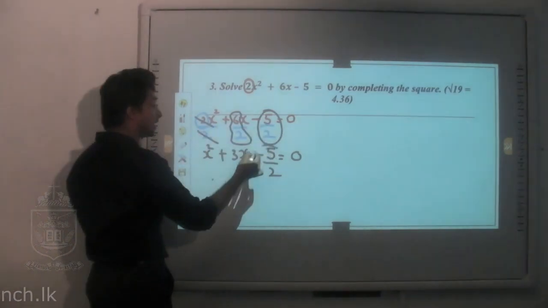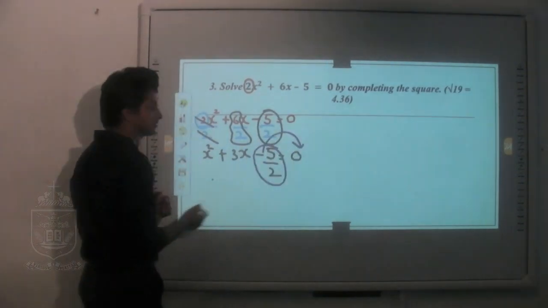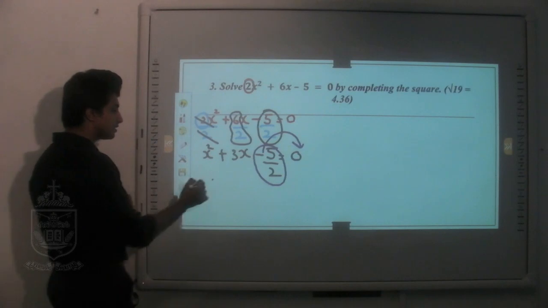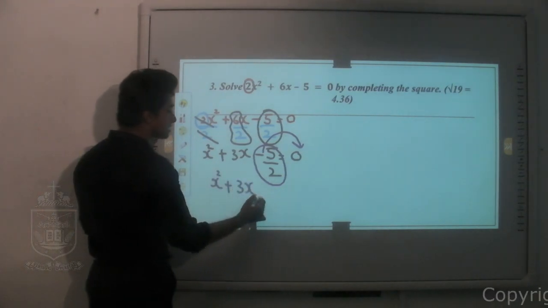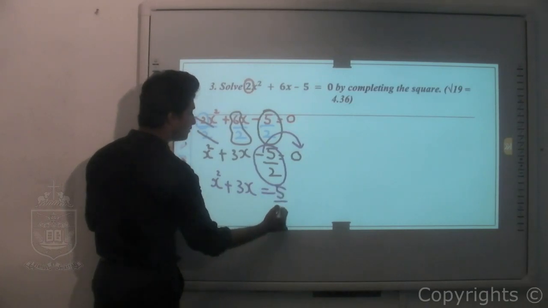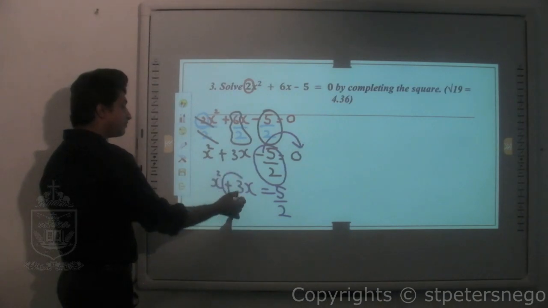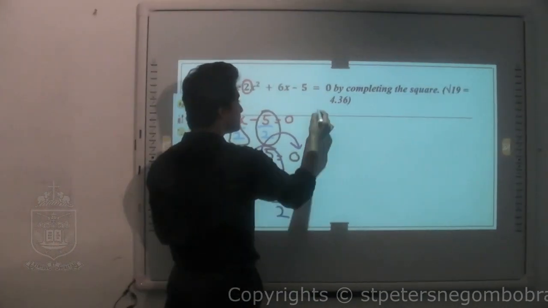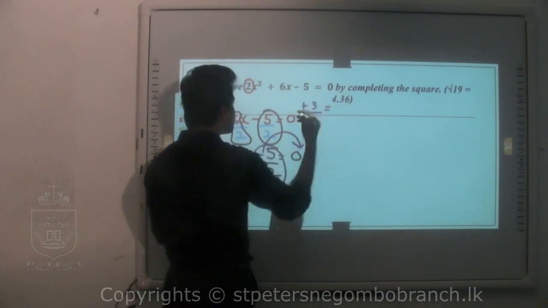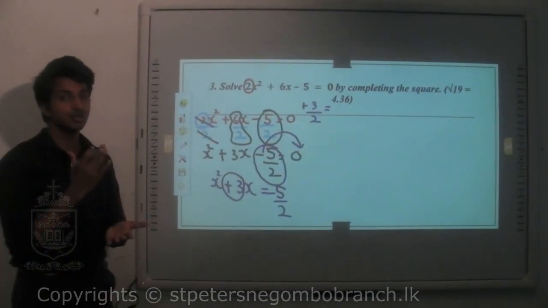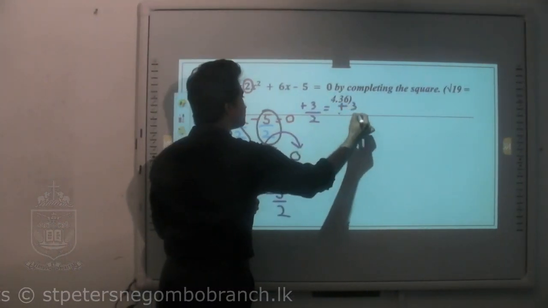Now what we can do is we can take this term, move to the other side of the equation. This is going to be x squared plus 3x. From this side I will have 5 divided by 2. Take this value, like I said previously, divide it by 2 with the sign. Here again there's another issue, you cannot divide it because you won't get a whole number. So still you will have to keep it as a fraction.